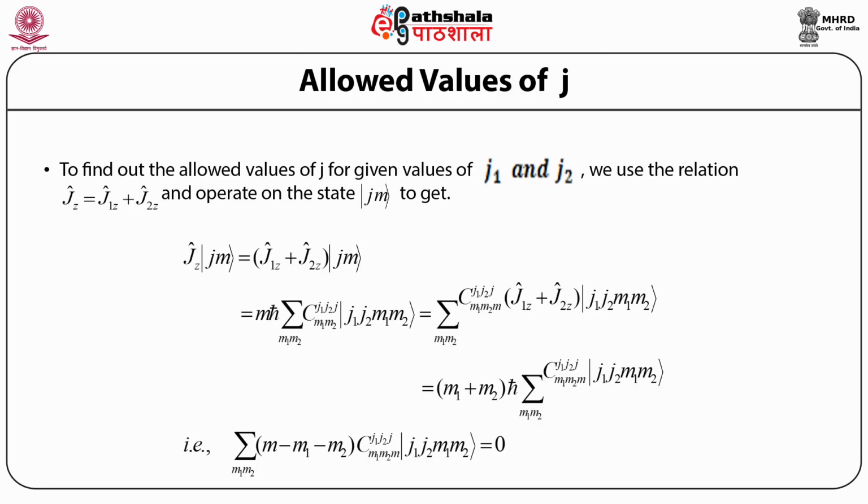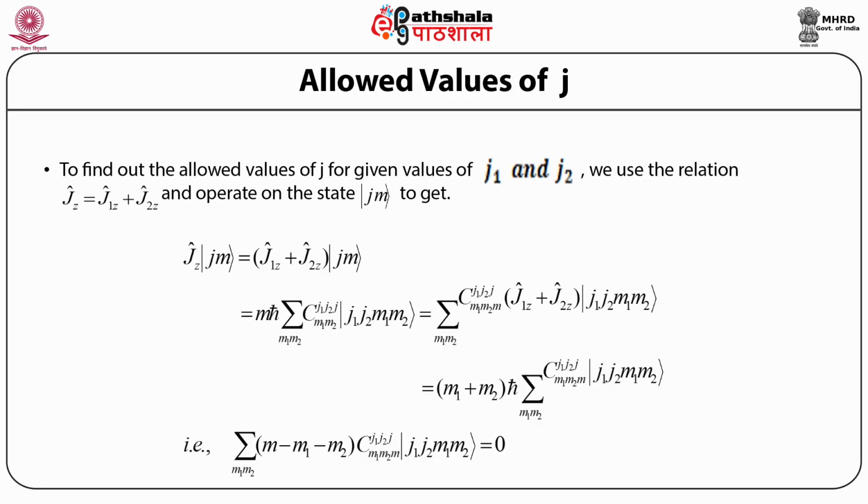The z component of the total angular momentum operator Jz acting on the eigenstate |J, M> is equal to operator J1z plus operator J2z acting on the eigenstate |J, M>, where operator J1z is the z component of the angular momentum operator of the first particle and operator J2z is the z component of the angular momentum operator of the second particle. And this turns out to be equal to M times h cross times summation over m1, m2 of the Clebsch-Gordan coefficients C subscript m1, m2, m superscript j1, j2, j acting on the state vector |j1, j2, m1, m2>,